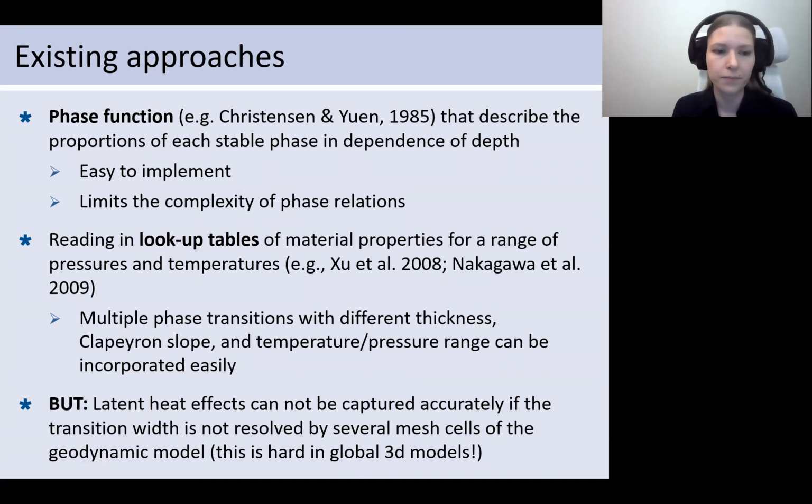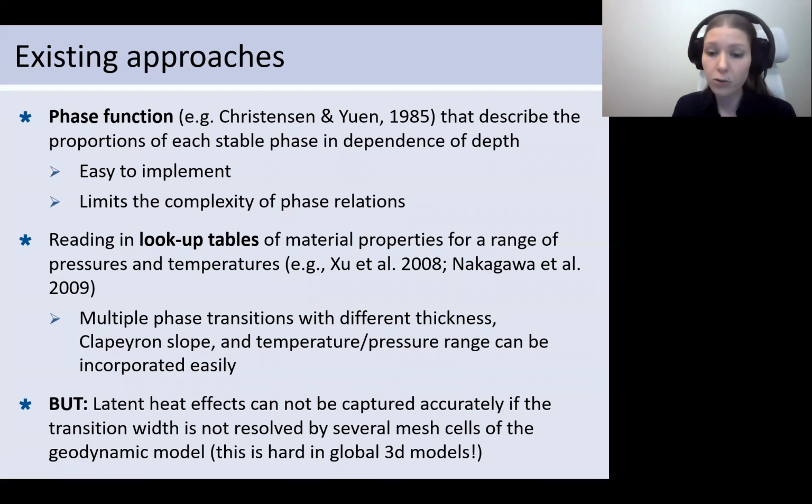phase relations. A more recent approach is the use of lookup tables that contain material properties for a range of temperatures and pressures. These lookup tables are usually computed with mineral physics toolkits and are based on a mineral physics database. Now, this allows us to include multiple phase transitions with different thicknesses and Clapeyron slopes and temperature pressure ranges, so those can all change. However, both of these methods have a disadvantage, which is that if we want to model the